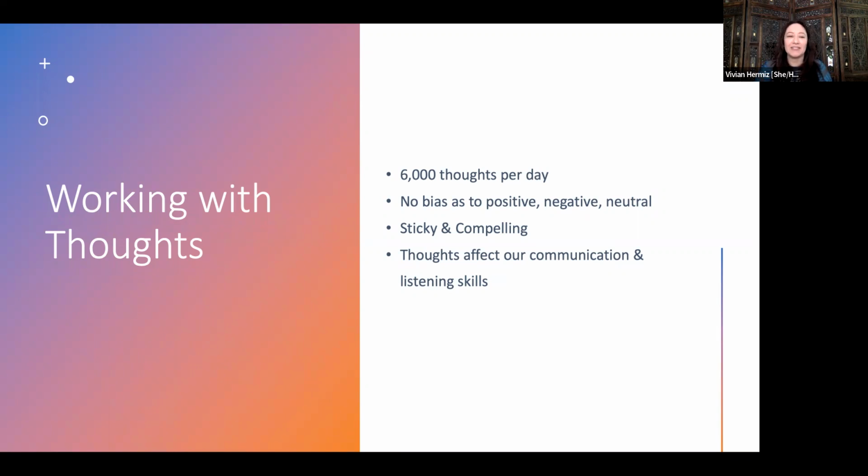And so it's kind of interesting to think, okay, when we teach mindfulness and working with thoughts, we leave it towards the end because they are hard to unpack. But in truth, thoughts affect our communication and our listening skills. So a lot of times you think about all these racing thoughts, and you're listening to someone, even right now, as you're listening to me talk about thinking and thoughts, you're processing, you're comparing it to previous information that you might have around this.